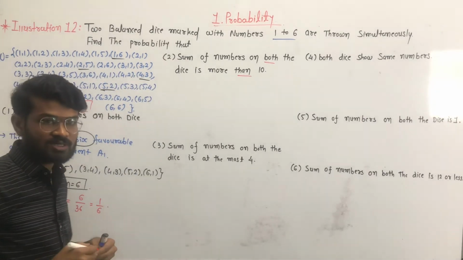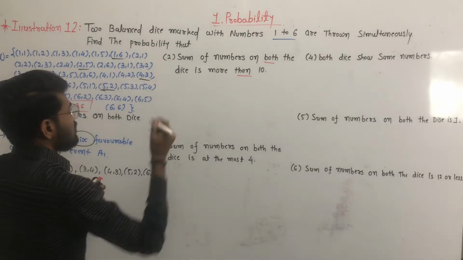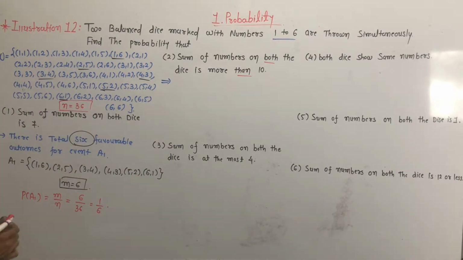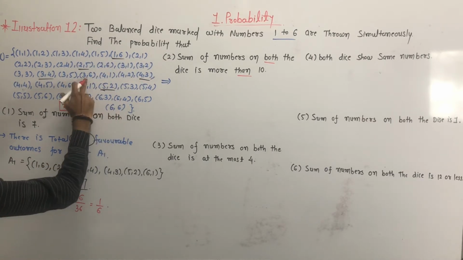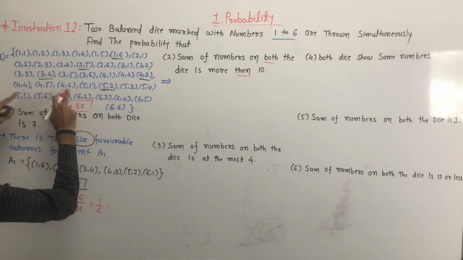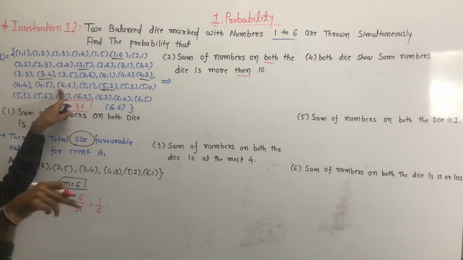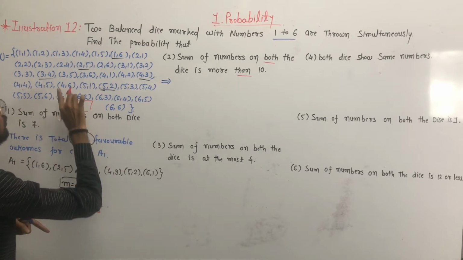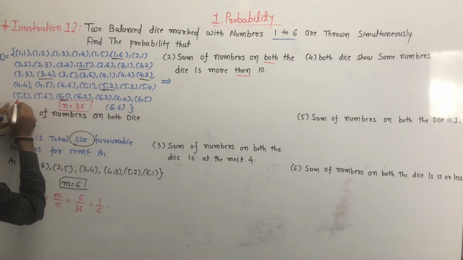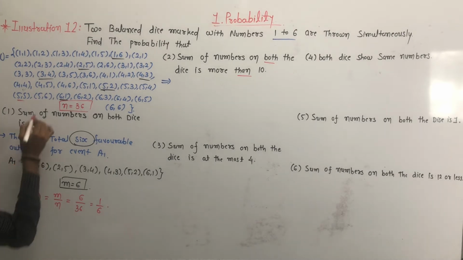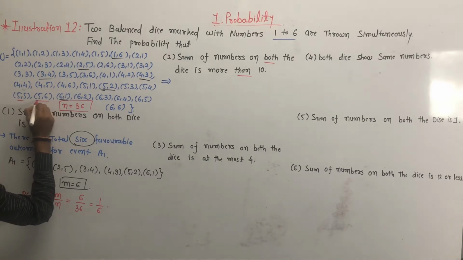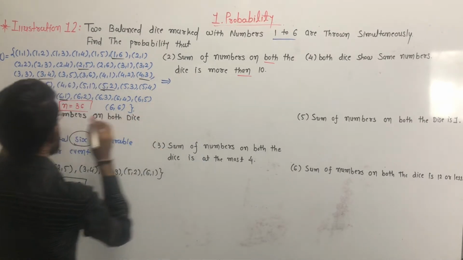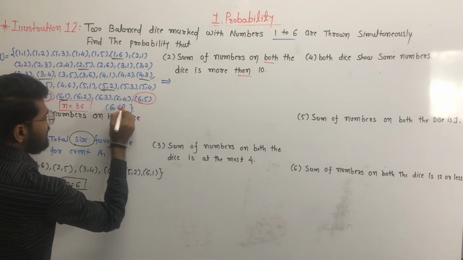More than 10. What should the sum be? It should be more than 10. So here how many possible outcomes will be obtained? More than 10, so 1 6 is 7, then 2 6 is 8, 3 6 is 9, then 4 and 6 is 10, but we do not have to take 10, we have to take more than 10. So 4 6 will not come. Then 5 and 5 is 10, but we do not take 10. More than 10 means 11 and 12 should come. So 5 and 6, then 6 and 5 and 6 and 6.